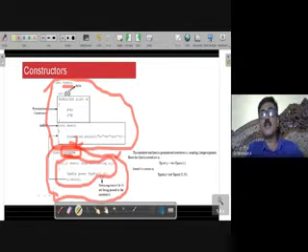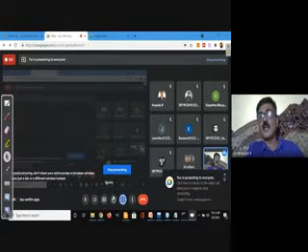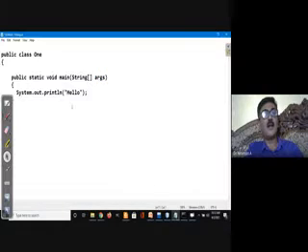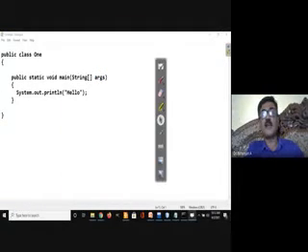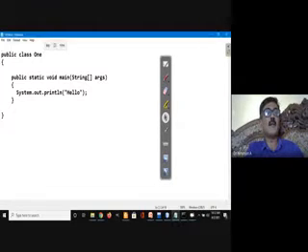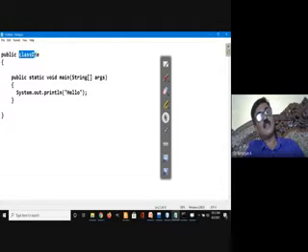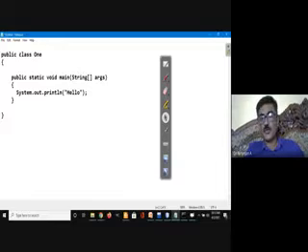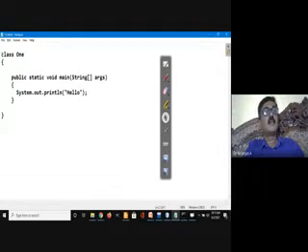Actually, there are different ways in which you can execute your Java programs. You can use an IDE, or a standard way of executing your Java programs is to open a notepad. See here, I am trying to use a class called class1. Earlier I had left a space that results in an error, so there cannot be a space in the name. You did not have to use the keyword public also. So I am using the keyword class, and the name of the class is 1.